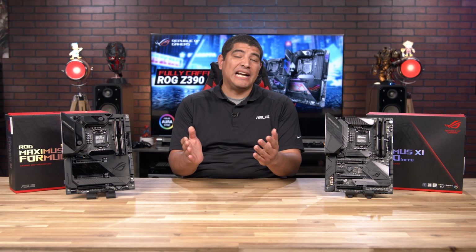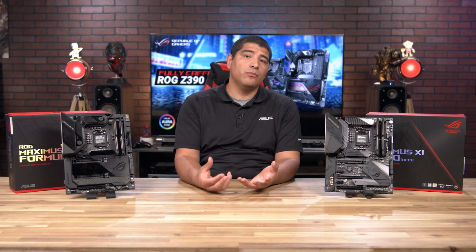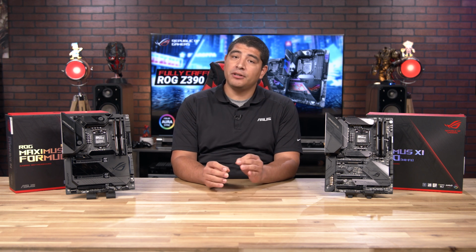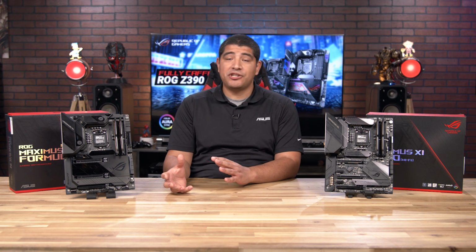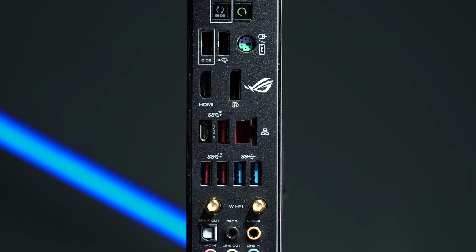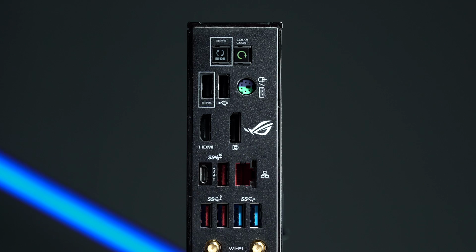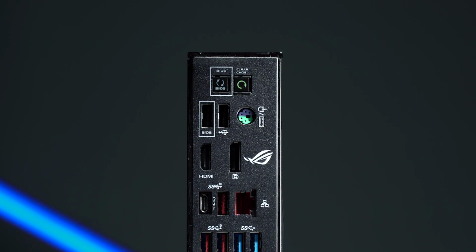Now we've covered a lot of different aspects for both these motherboards, but with these being ROG, it's always about giving you more. And there are definitely a couple of really premium additions on these boards that occur not only on the hardware level, but also on a software level. On the hardware level, you've got some pretty cool additions, like your clear CMOS button, but you also have USB BIOS flashback, which is an easy way to update the UEFI directly. No CPU, no memory, no graphics card. Just take a flash drive with the update file, plug it into the port, and press a button,